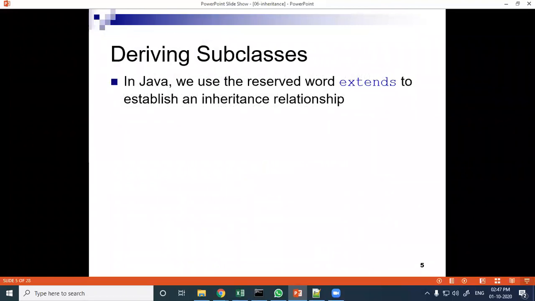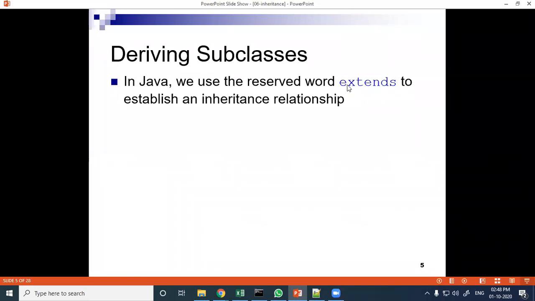Then how we will write in the program in Java. How we will define the derived class. The class we know how to define a class. Now we will see how to define a derived class. So there is a keyword required: extends.